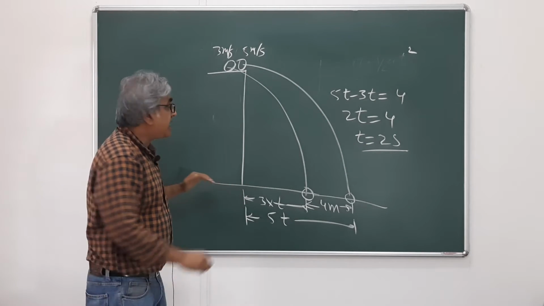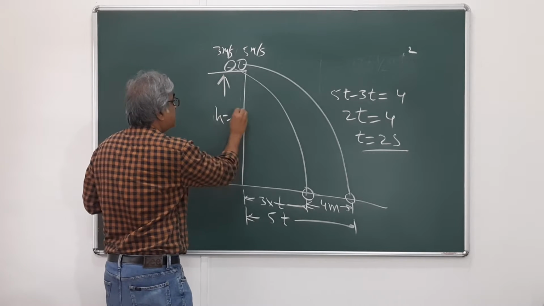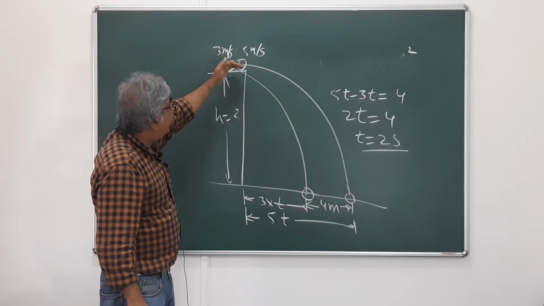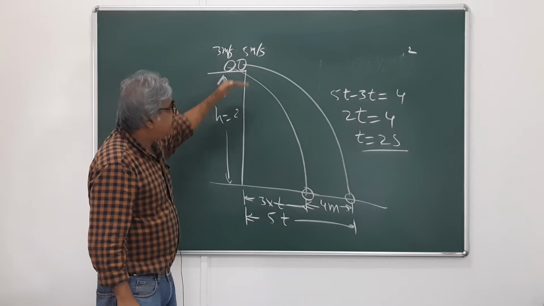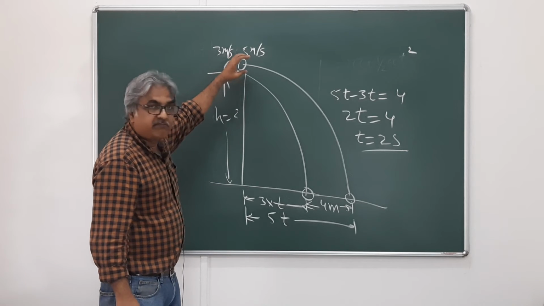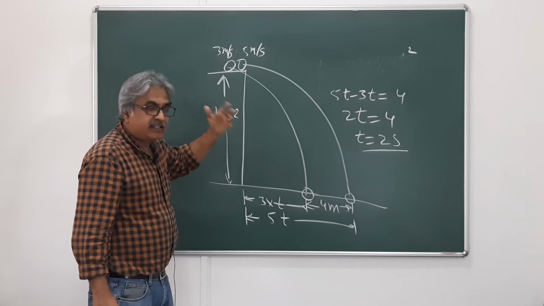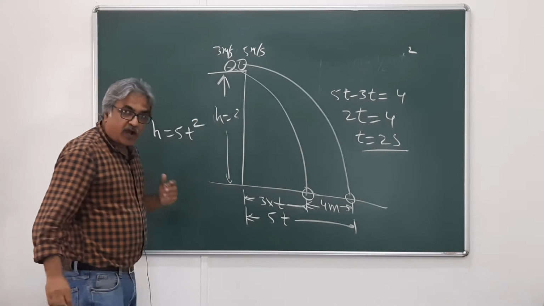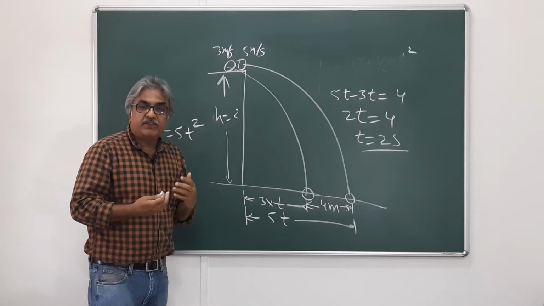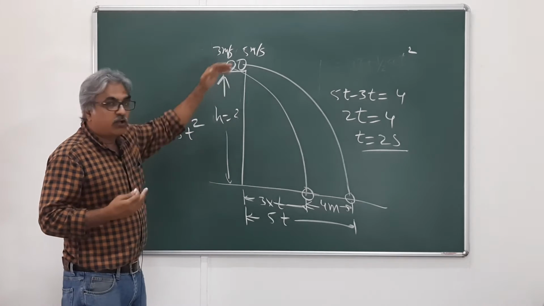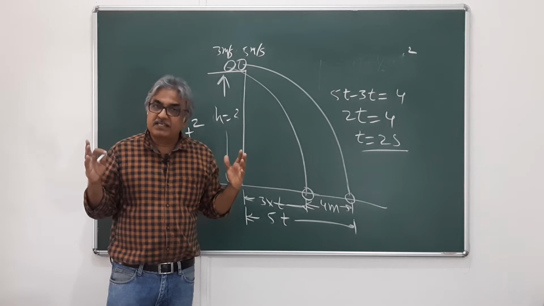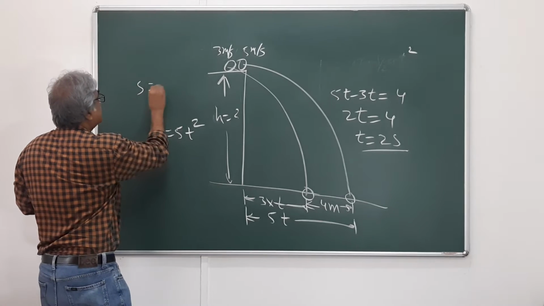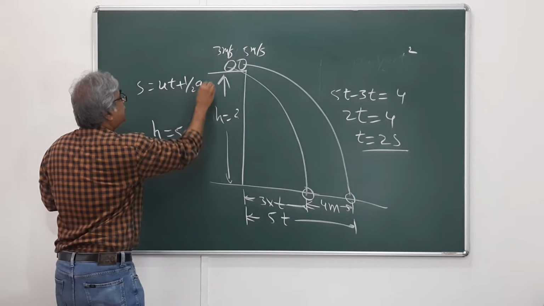Now we can find out this height. We are asked to find out this height h. What is this height? Now we will consider just a ball dropping down, that means a ball just coming down, right? Initially with 0 velocity. And we know that this height is equal to 5 into t square. Why? Because we have used, you can see the previous video, basically initial velocity 0. We are using s is equal to ut plus half at square. a is 10, g we are considering as 10. So s is equal to ut plus half at square.